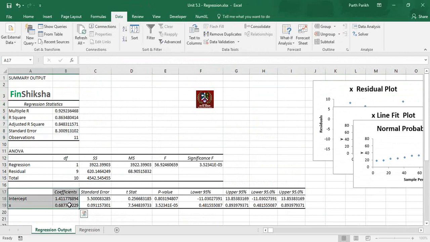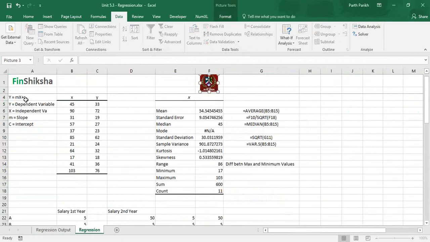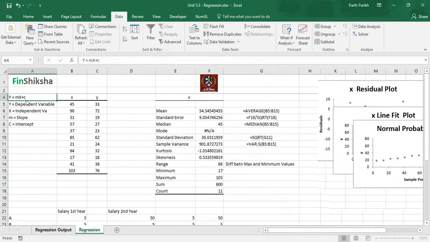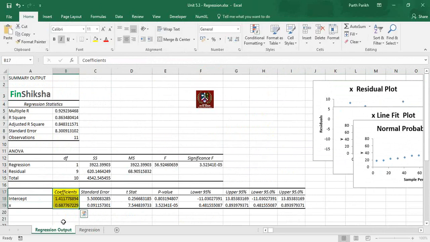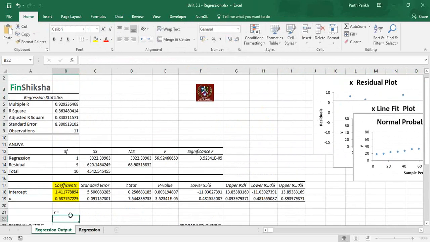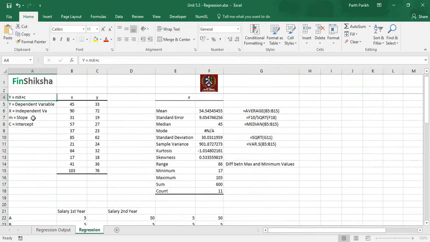The first thing which is important is what is the equation. So we are more worried about this equation, which is y = mx + c. Your equation, you will find it from here. I will mark it as yellow. Your equation is y = m. M was what? M was slope.